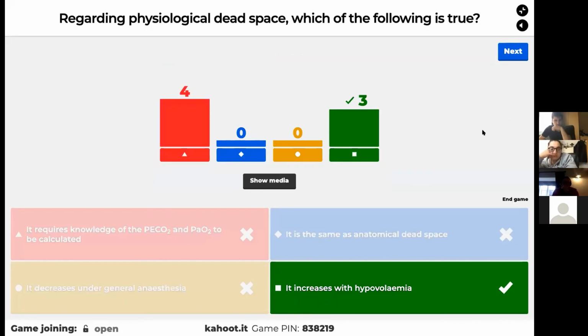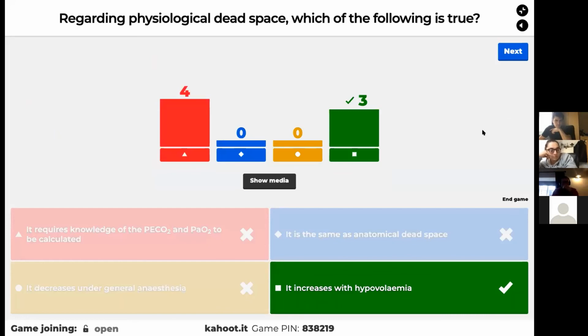Well done. So it's the sum. So you remember your physiological dead space, as Joe said, is just the sum of your anatomical and your alveolar dead space, and you calculate it using the Bohr equation, for which you need your PaCO2 and your PeCO2